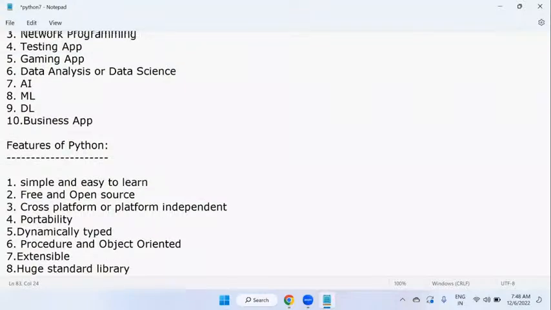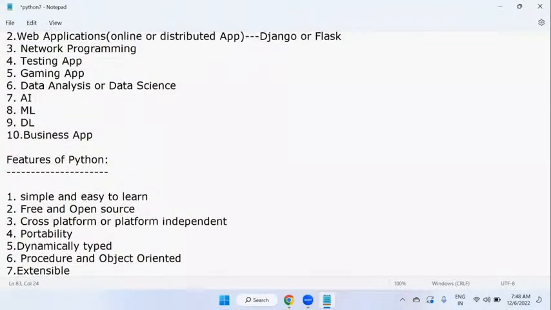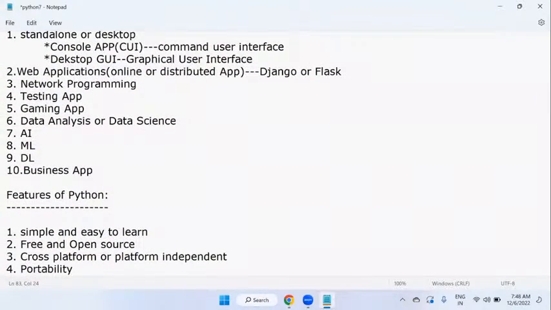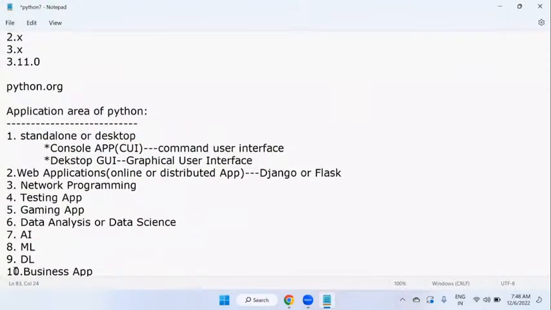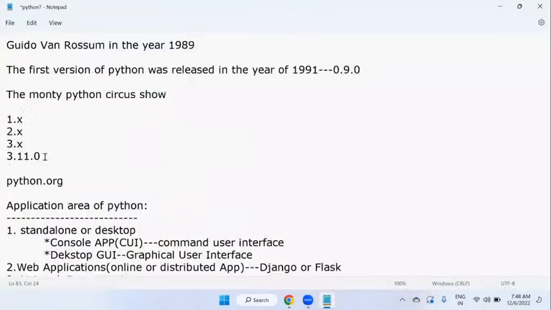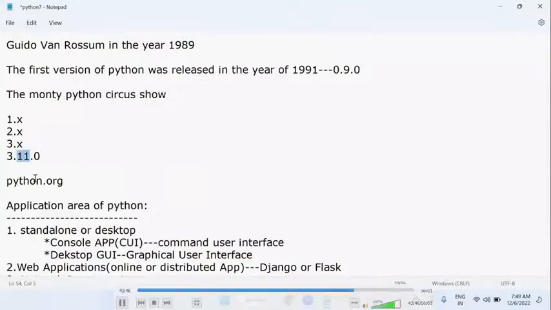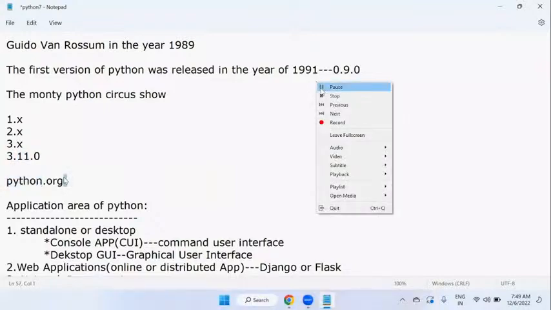So these are the features and application areas of Python, and the versioning of Python. The version we are going to look at in our session is Python 3.11.0, and we will discuss what new features are there in 3.11.0 and what the previous version's features were. python.org is the official website. If you want to download